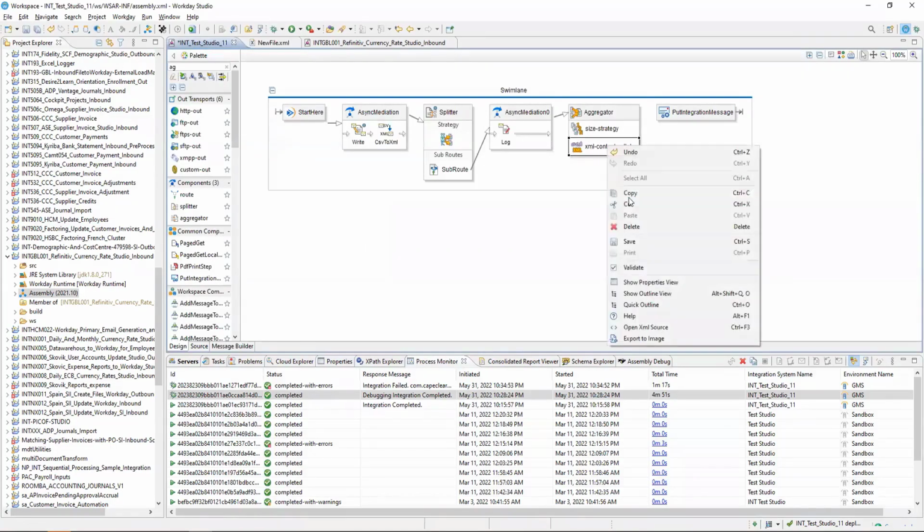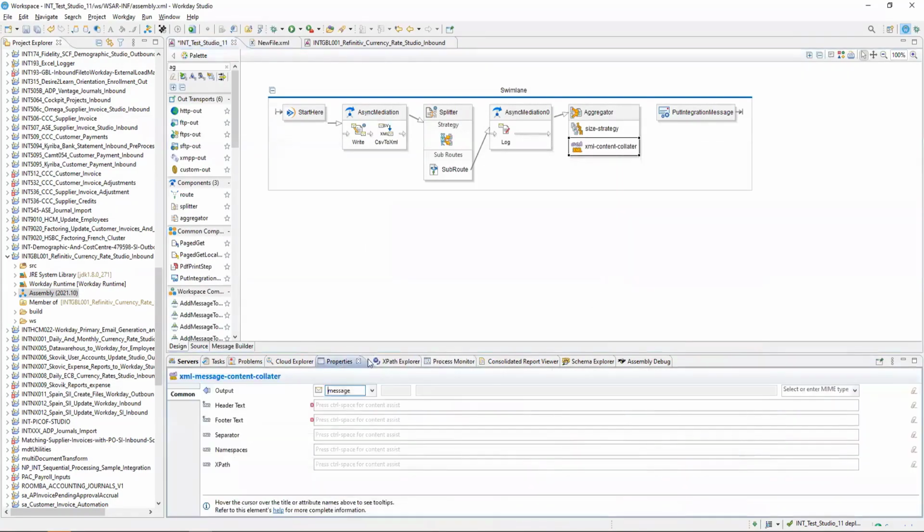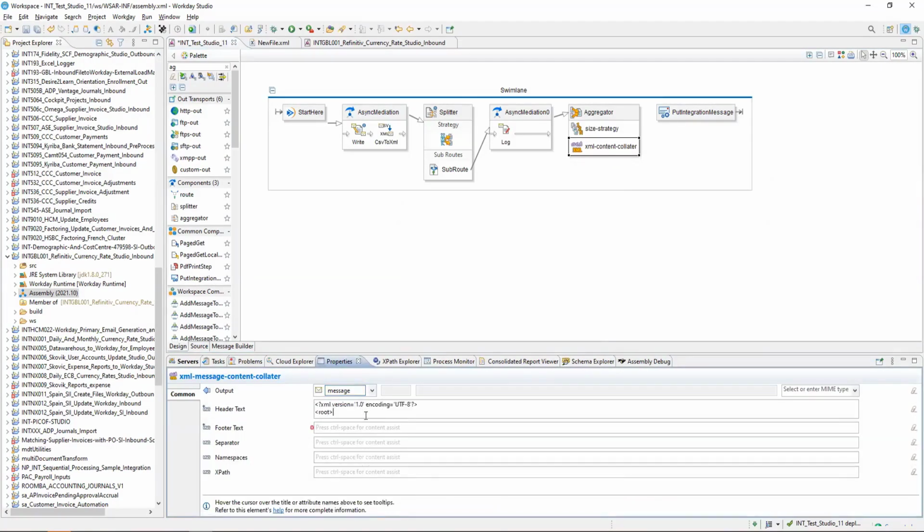So here in XML content collator, if you go to the properties, you see the header text. It is something which you put that this will be the header, and then that this will be the footer, right?